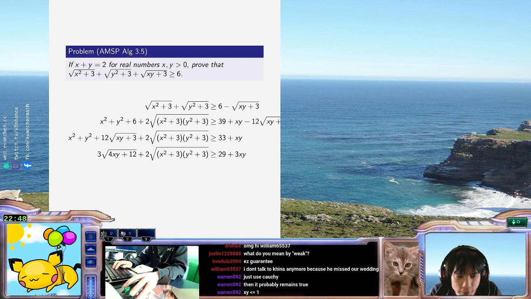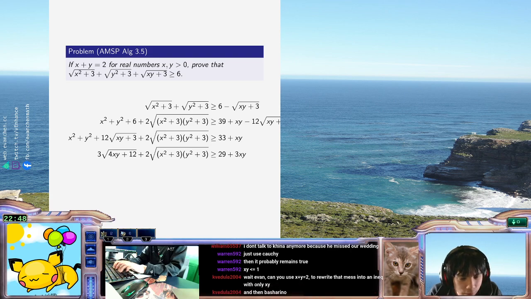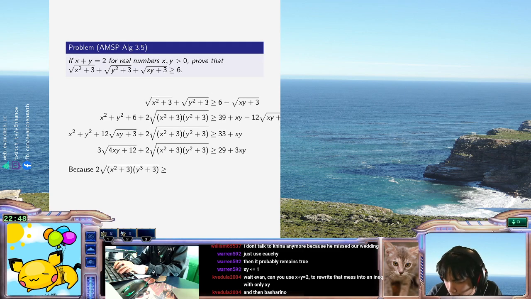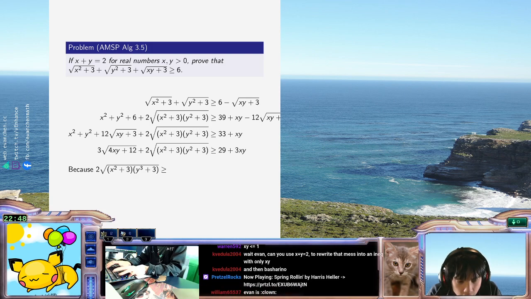So what if I just say, because 2 root x squared plus 3, y squared plus 3, can you use x plus y equals 2? Yeah. Well, I'm about to do something, so I'm going to just use Cauchy straight on this as x squared plus 1 plus 1 plus 1, and then 1 plus y squared plus 1 plus 1. The suggestion is I'm basically going to try to get it so it's only xy, and because xy is small, the things work the way I want it to. So, because this is at least x plus y plus 1 plus 1, which is equal to 4,